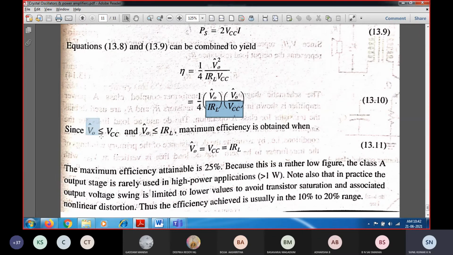So the output voltage will be always less than or equal to VCC. That means the output voltage will be reaching maximum up to VCC, and it will never reach beyond VCC. So we know that the output voltage can be reached in the positive as well as